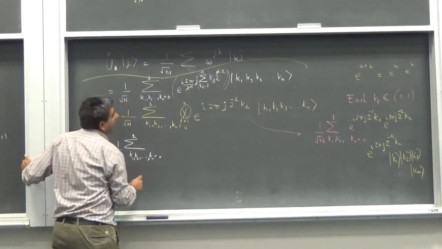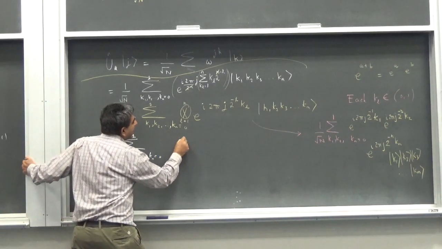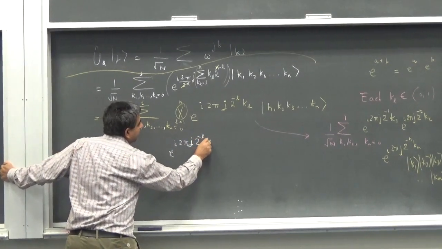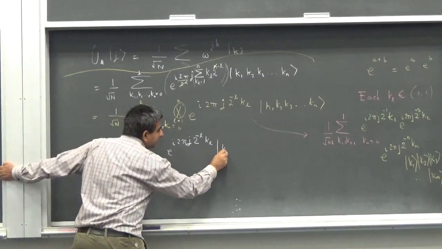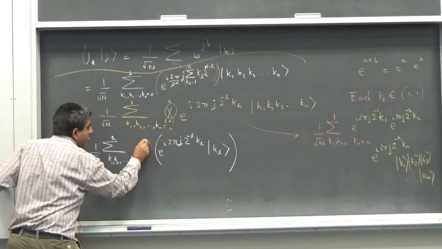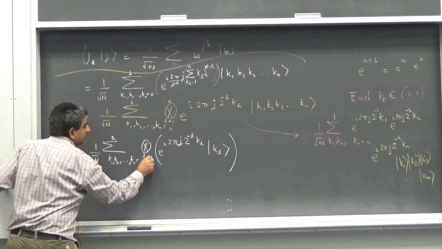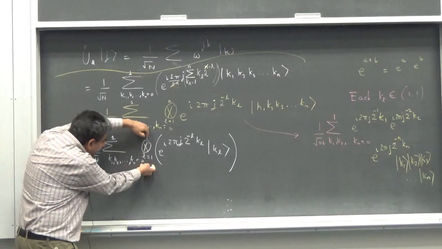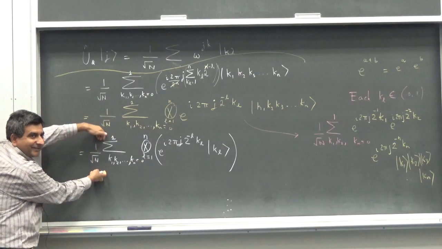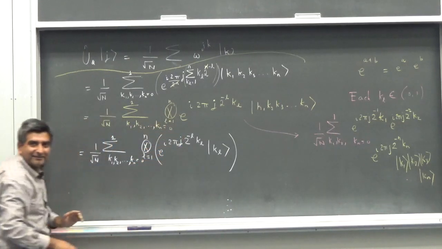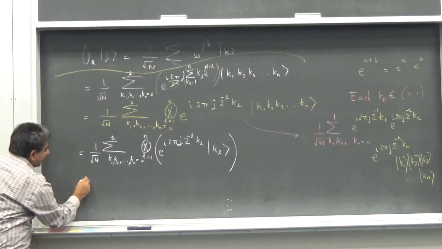I can write this as e^(i 2 pi j 2^(-l) kl) acting on its specific kl. And then I can bring this out. Bring this out. Put the summation sign back in. You can write this as 1 over under root n